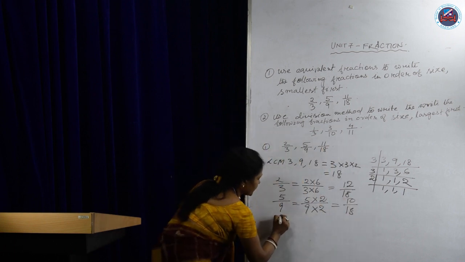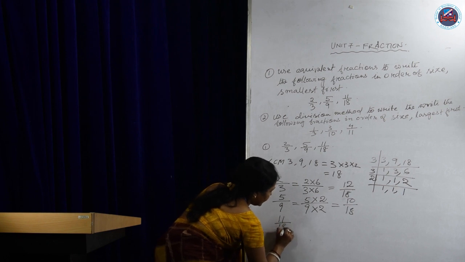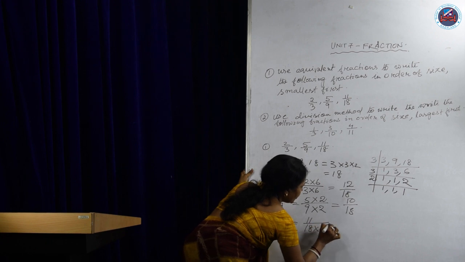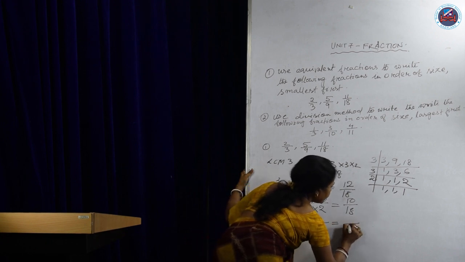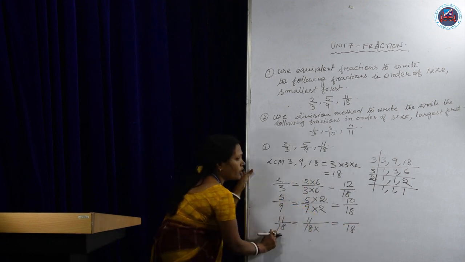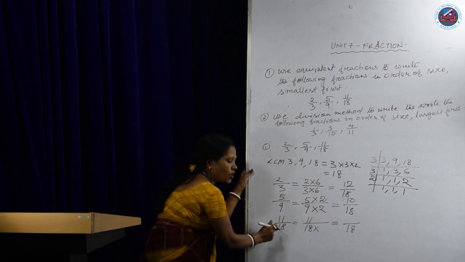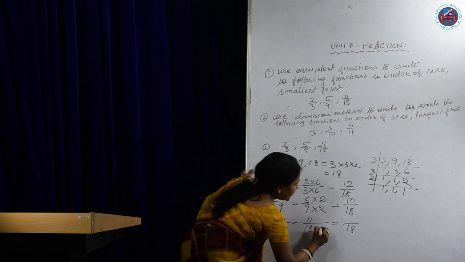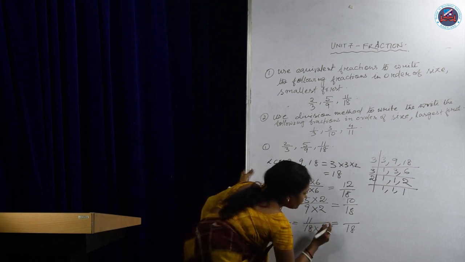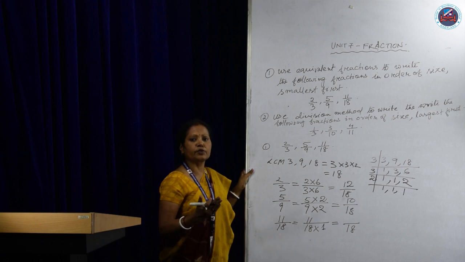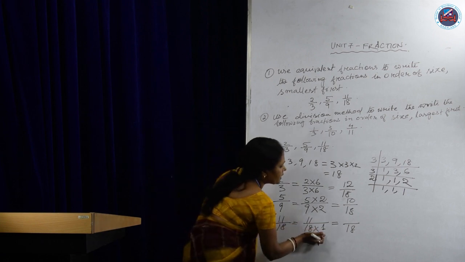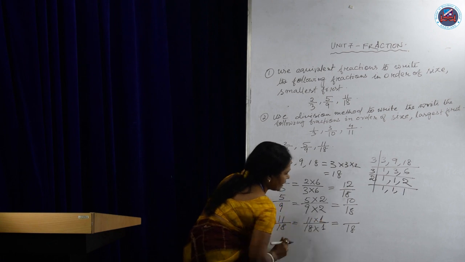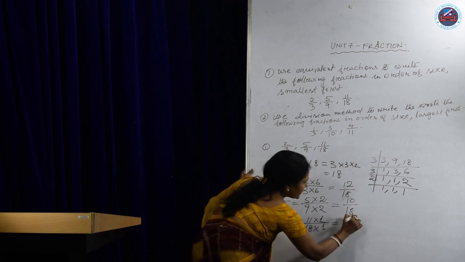Take the third fraction, that is 11 by 18. Here also you need to convert your denominator into 18. But one thing out here is your denominator is already 18. So what you have to do, you have to multiply the number by 1, because when you multiply a number by 1, it gives you the same number. So 18 1s are 18. So you have to multiply even the upper number also by the same. That is 11 1s are 11.